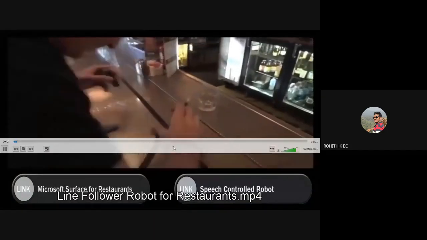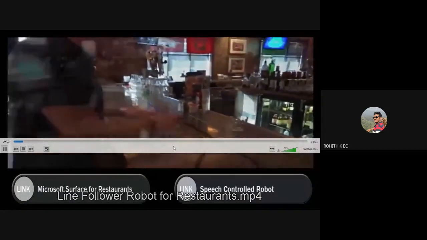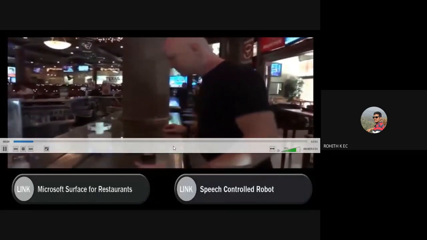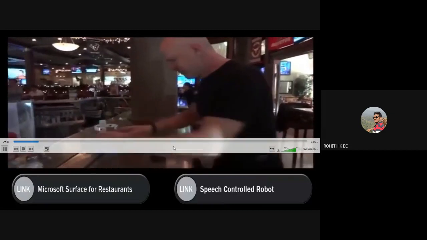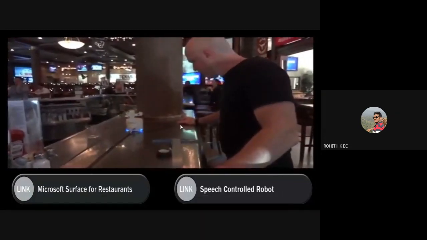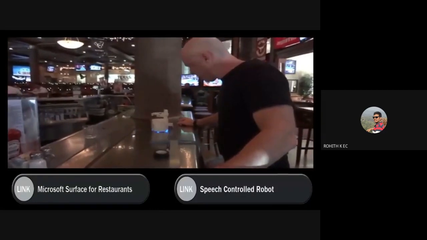Okay, another example is in a bar and restaurant for serving drinks. So the bartender is drawing the line and is testing whether the robot is following the path or not. Then he will load the drink on top of this robot.